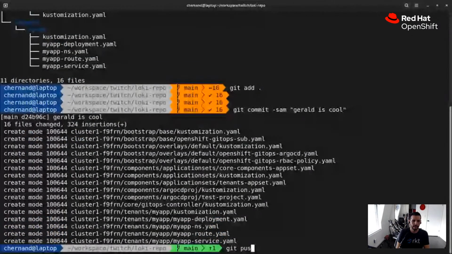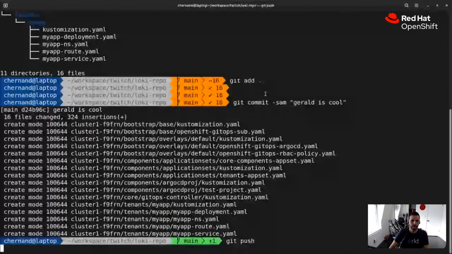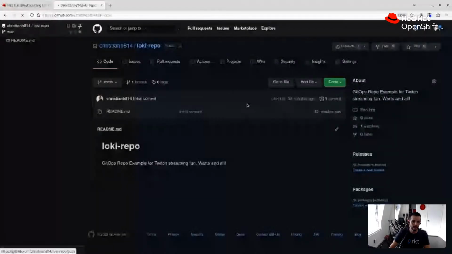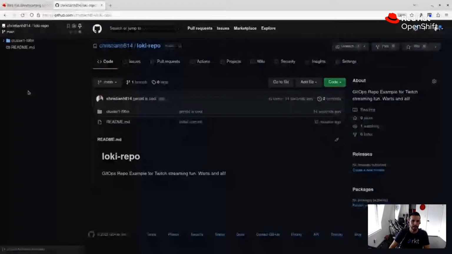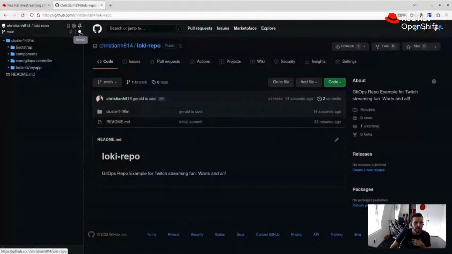I'll git push. It's committed, right? It's in this repo. So if you reload this repo, it's here, right? And then you can see the tree outlined here. There's no expand all, right? I don't know if you guys use Octotree. Anyways,